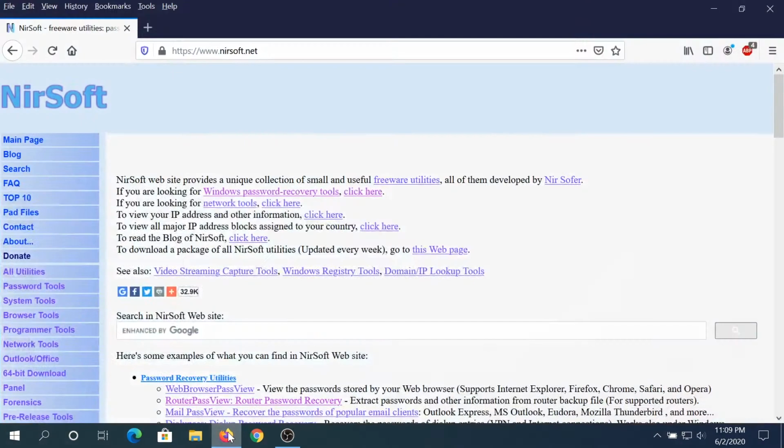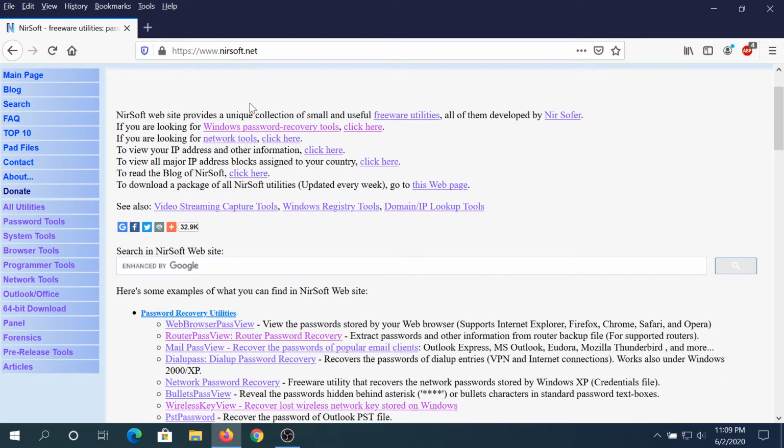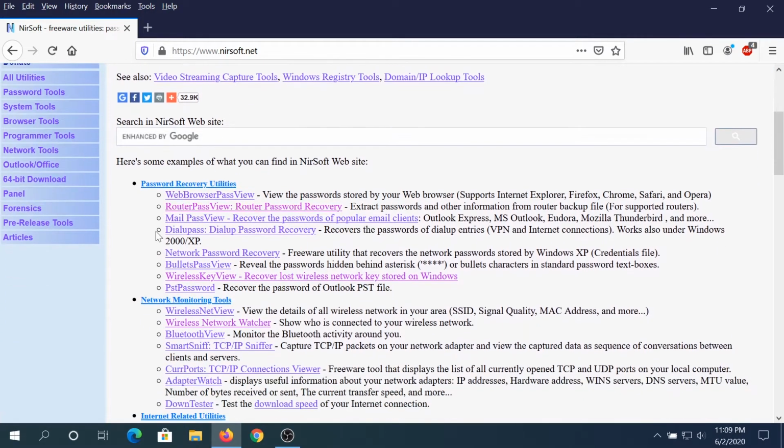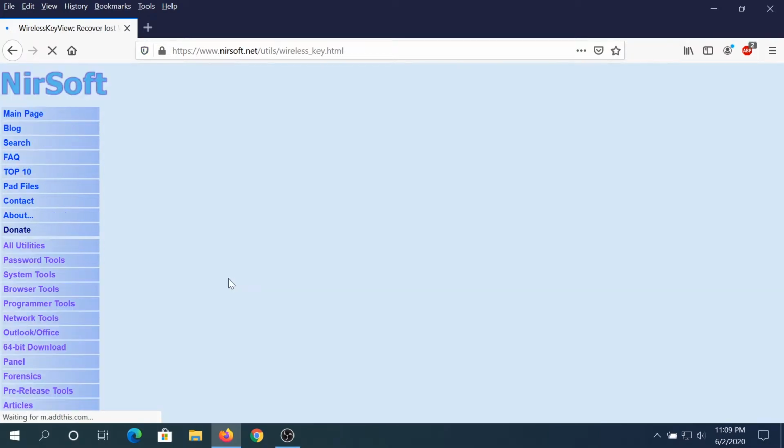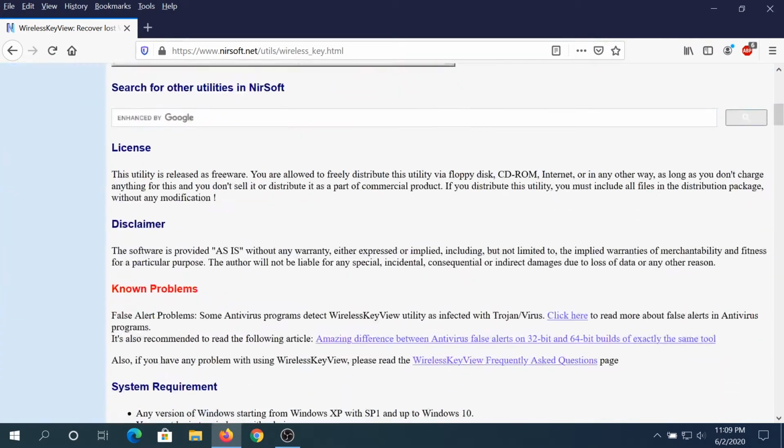So what we need to do, we need to go to nirsoft.net, and then once you get to this website, we need to scroll down, and then we need to click on WirelessKeyView, and then click on it. And then right here, we need to scroll down,